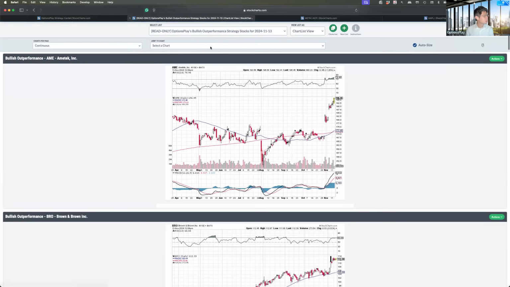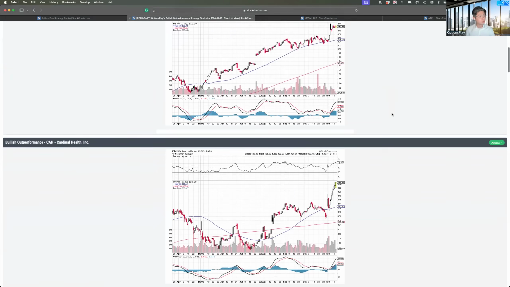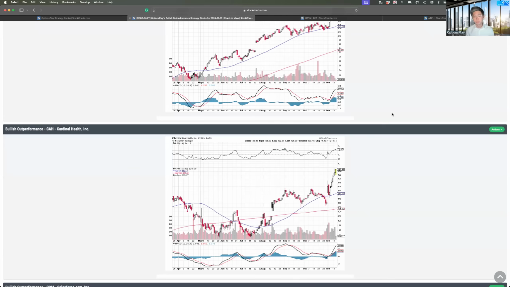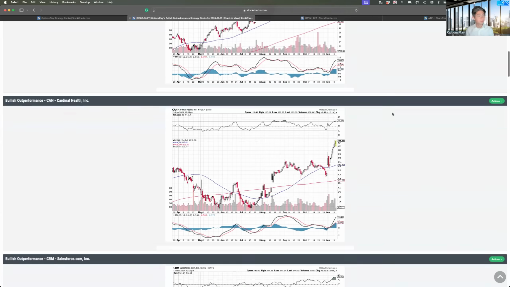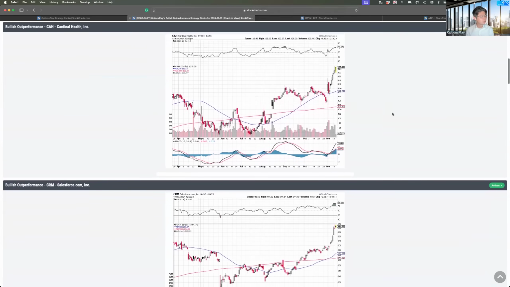scan, and I can quickly analyze those ideas just by scrolling, right? I do it on my computer, I do it on my phone. Instead of scrolling through Instagram, I scroll through technical scans. I know that sounds cheesy for a lot of people, but this is what I spend my time doing. Instead of scrolling on Instagram, I scroll through what stocks meet specific scans, and it allows me to very